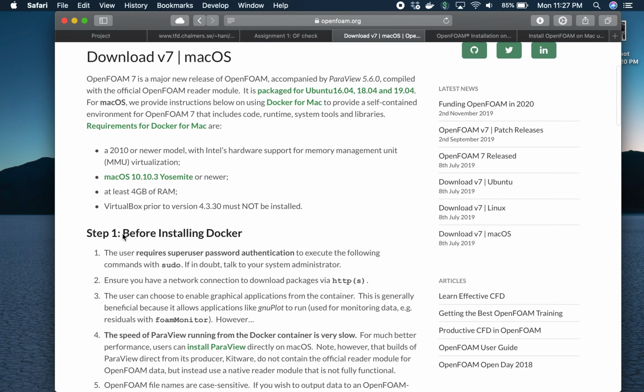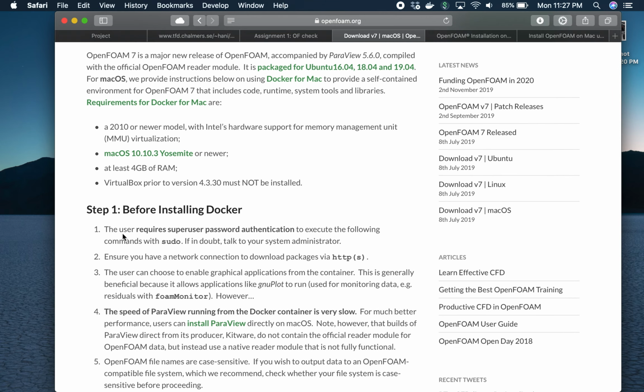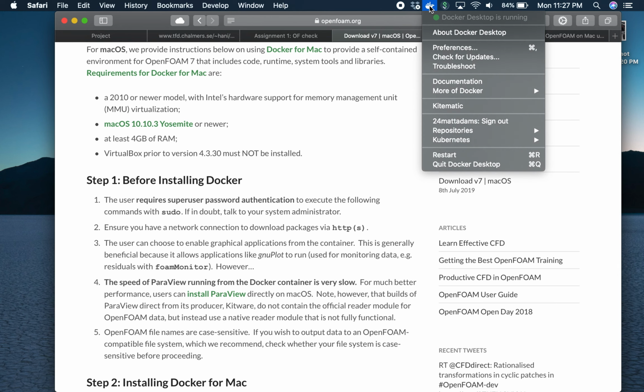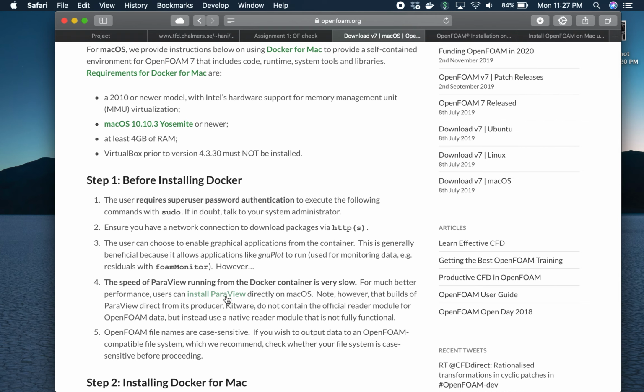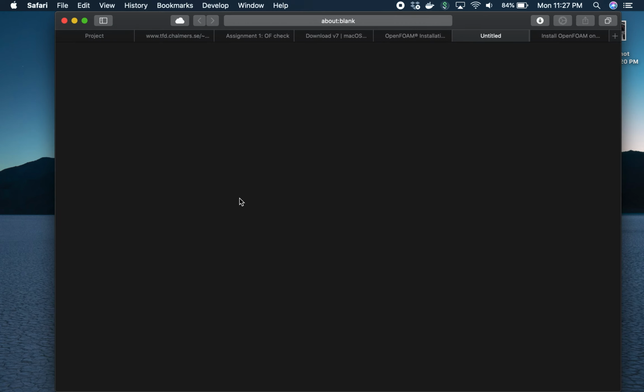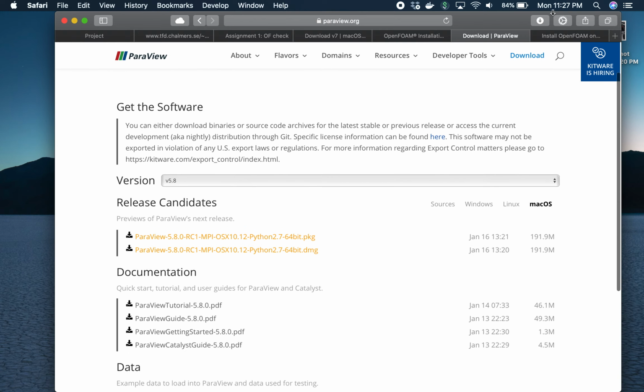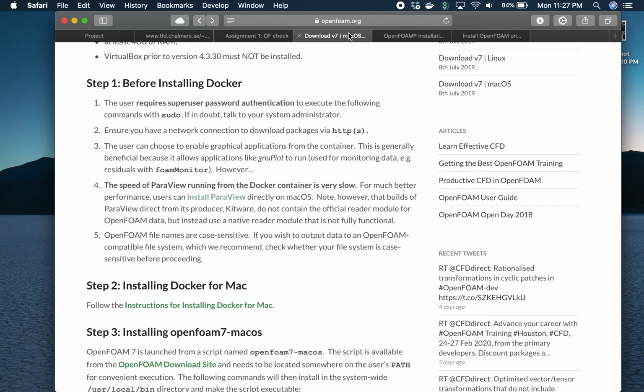However, one thing to note is make sure to install Docker, which will give you this little whale icon up at the top of your screen, as well as installing ParaView. If you click on here, it brings you to the page, and there's a DMG file. If you installed that,